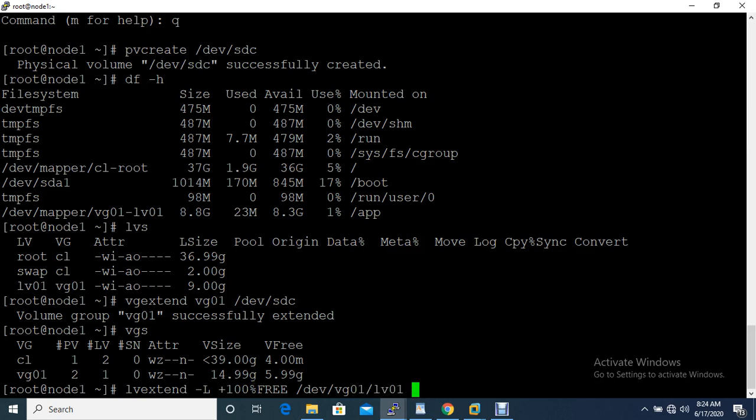In this command, it will take all the space the VG has.